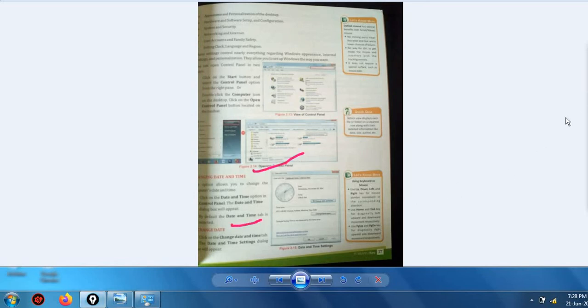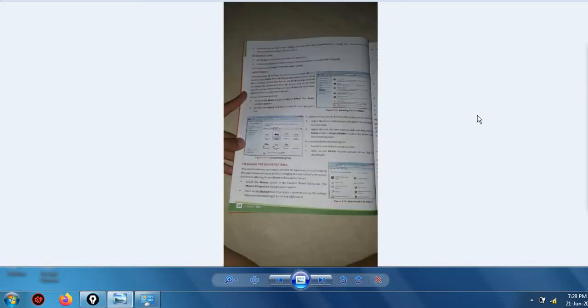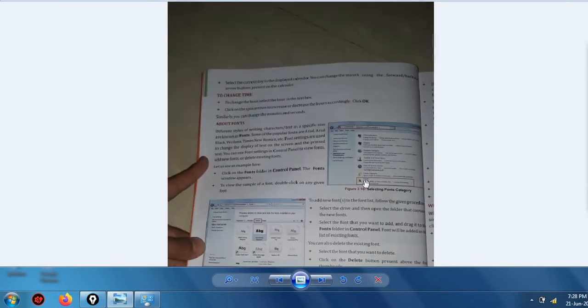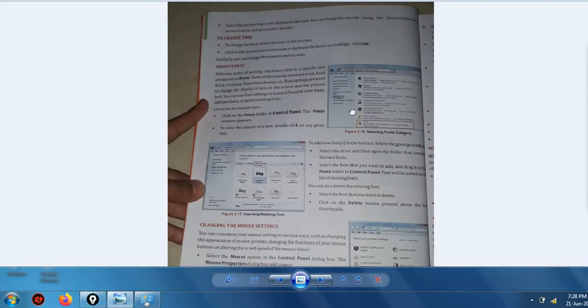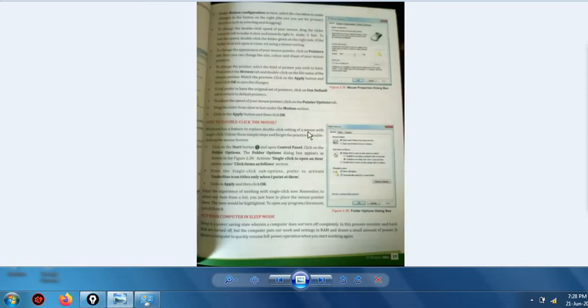And after that we have also seen fonts, and changing the mouse settings, right? We have also seen how to change the mouse settings. And after that we have seen why to double-click the mouse, meaning we can change it to single click also to open any file, right? Put your computer in sleep mode, this also we have seen, right? This topic also we have seen.